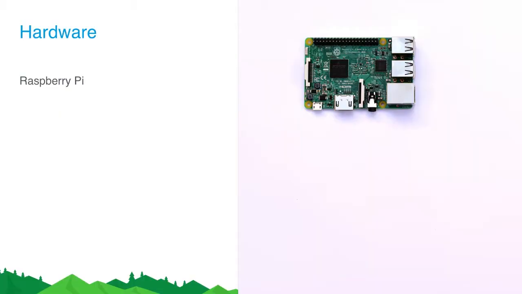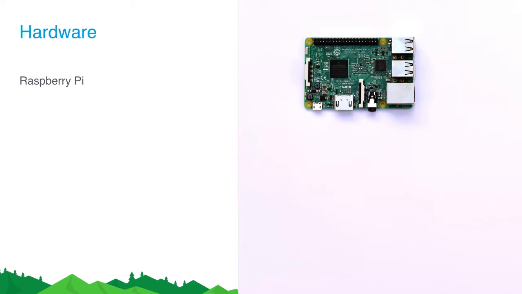So starting with probably the most important part is the Raspberry Pi itself. I'm sure some of you are familiar with what a Pi is, but just in case you aren't, basically that Raspberry Pi is about a credit card-sized computer that is fully capable of running a fully operational operating system. We've chosen to go with Linux. You can run Windows IoT Core, I believe. We've gone with Linux.